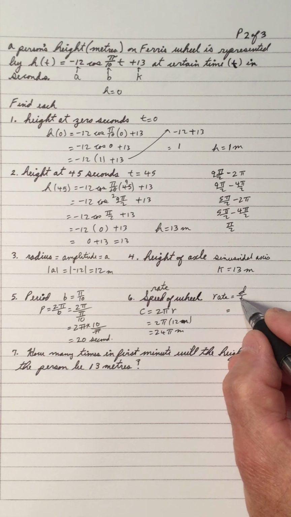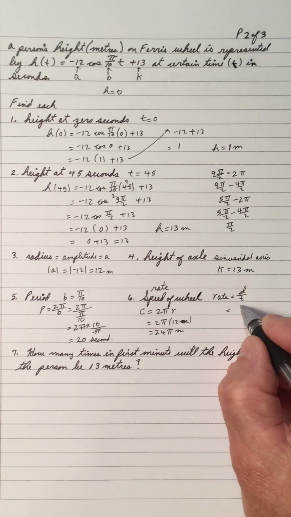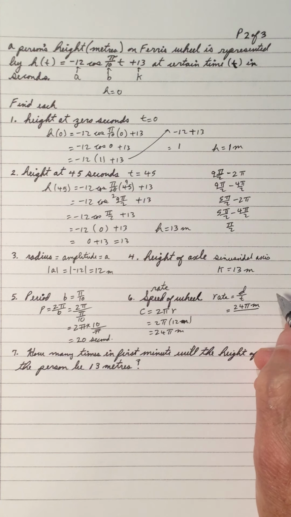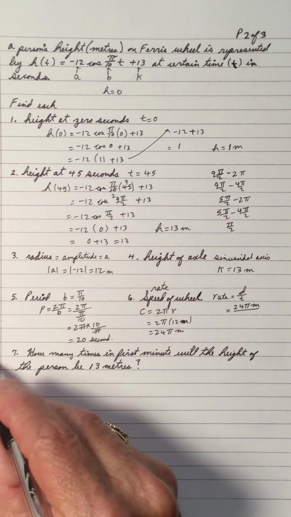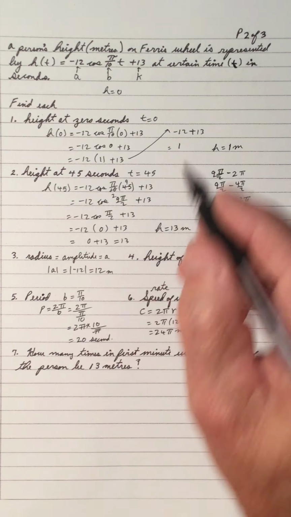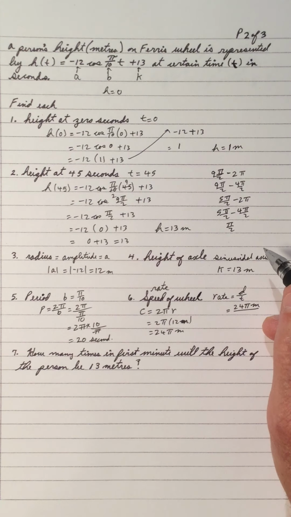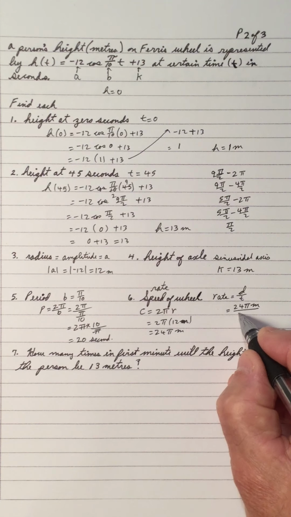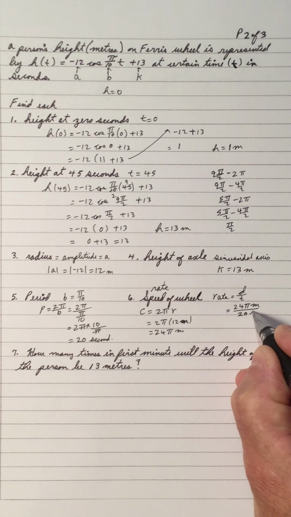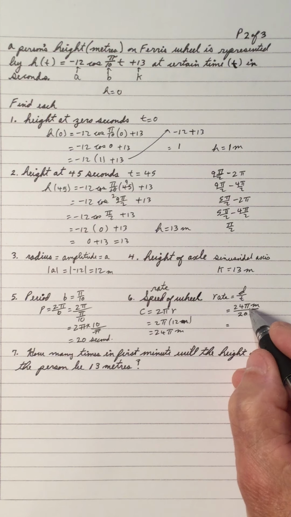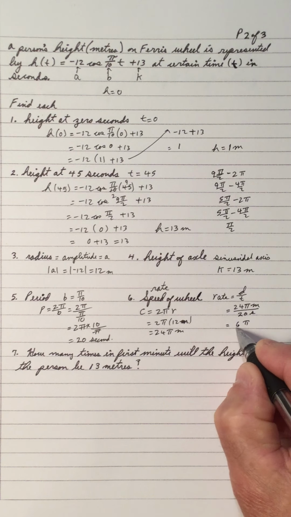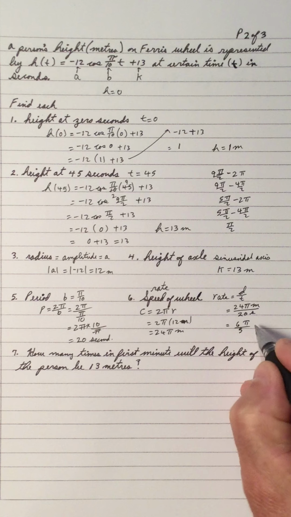So the distance is 24 pi meters, and the time to go around is, let's see, what is the time? The time is, we picked up the period as the time, which is 20, and I put S for seconds, and so we work that out. 4 into 24 goes 6 pi, 4 into 20 goes 5, so the speed or the rate is